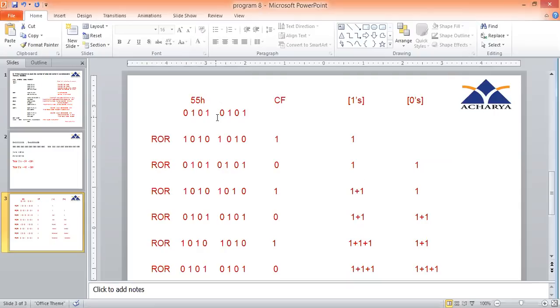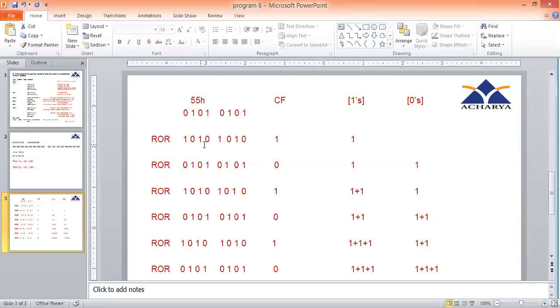Now we have to make this automatic, meaning the program should find out how many zeros and ones are there for the given number. So let's start with the rotation. This is the given number. How will we do it? We make use of the rotate instruction, rotate right. Keep one thing in mind: whenever we rotate, the same bits get rotated within the number, and a copy of the bit moves to the carry flag. So we will monitor the carry flag, and we will take help of two counters. We will make use of two registers, one for counting ones and the other for counting zeros.